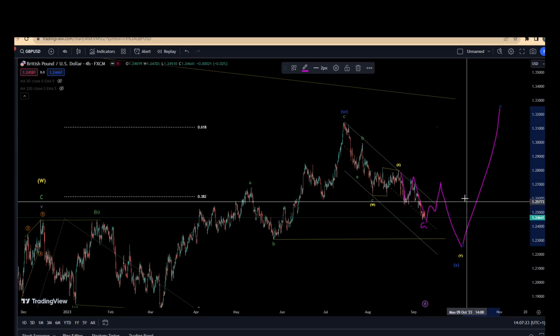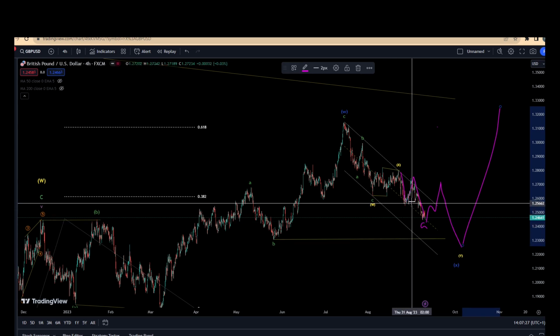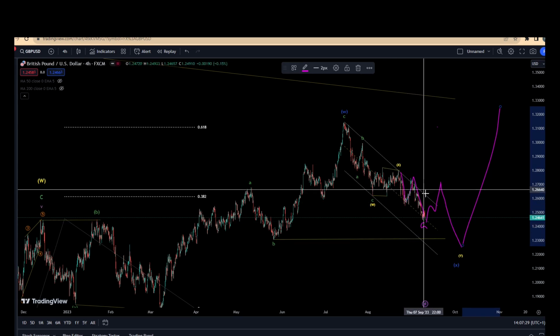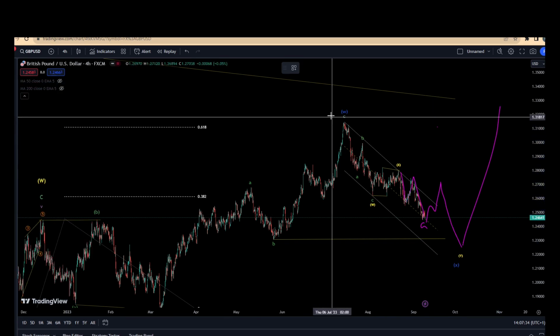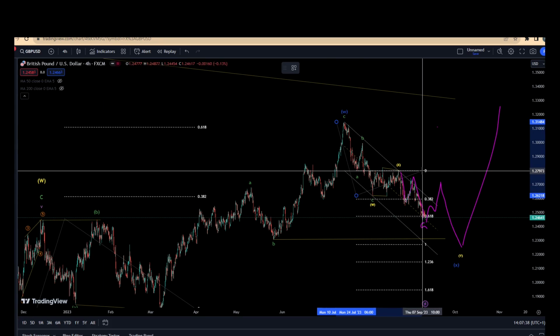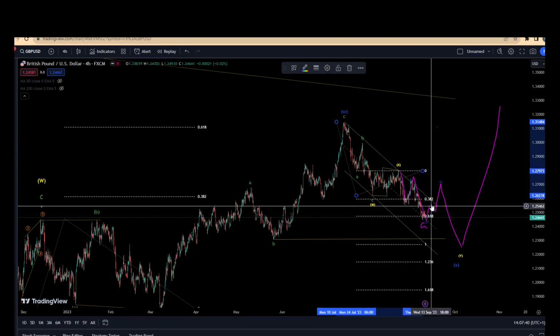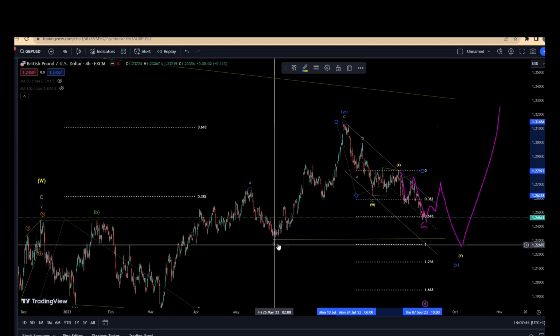But I would say just be a bit careful with this pair. We are corrected, we are in that wave X, but the overall way, I'm going to be assuming, is more to the downside. At the same time, if you look at it in terms of the fibs, from here to here, we have hit that 61.8% level, so we could get that three wave correction eventually coming in before coming back down to take out these lows.